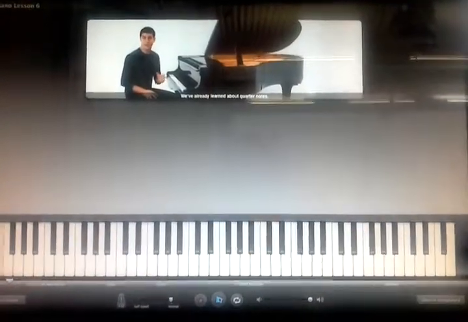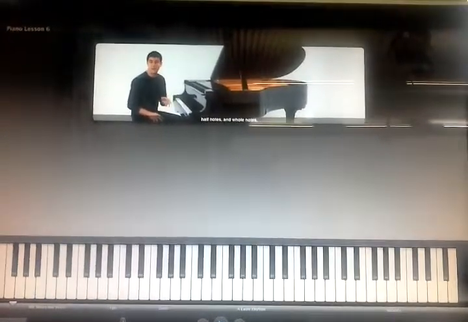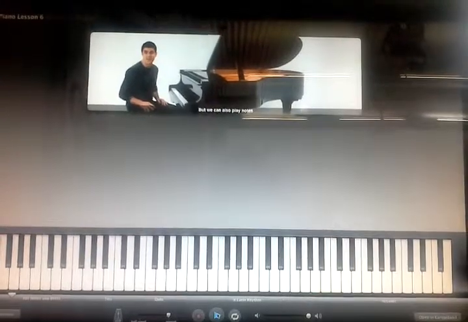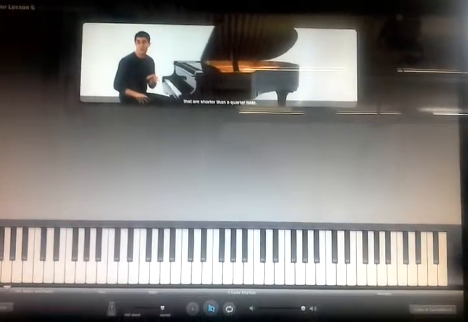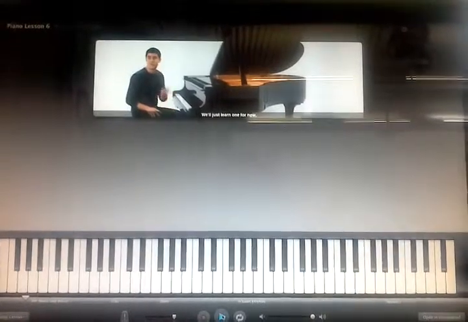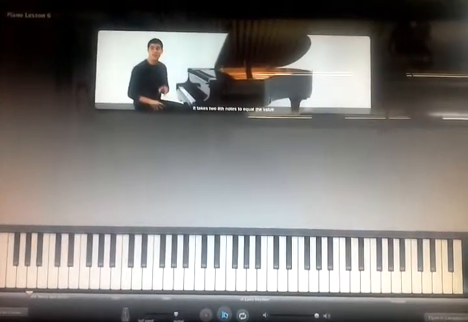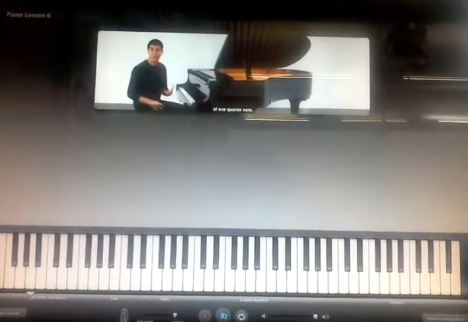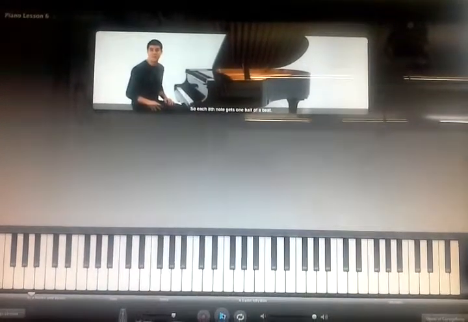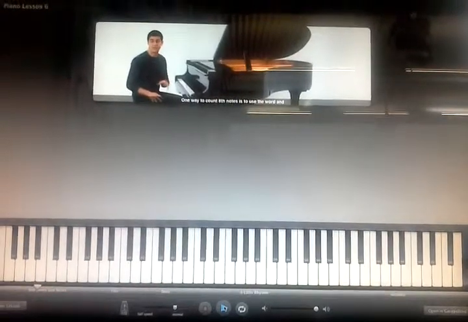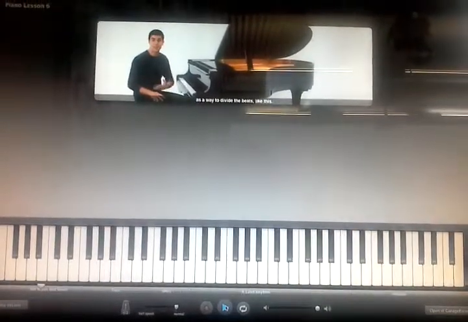We've already learned about quarter notes, half notes, and whole notes, and quarter, half, and whole rests. But we can also play notes that are shorter than a quarter note. We'll just learn one for now, which is called an eighth note. It takes 2 eighth notes to equal the value of 1 quarter note, so each eighth note gets 1/2 of a beat. One way to count eighth notes is to use the word "and" as a way to divide the